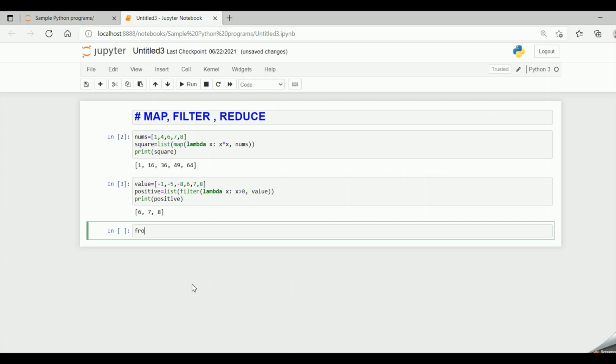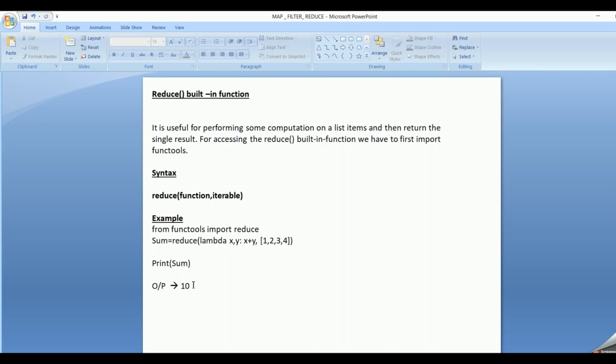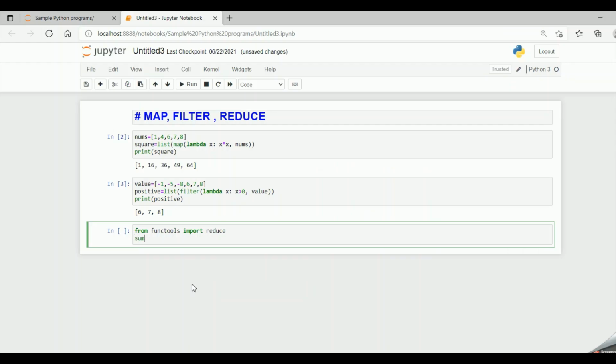So from functools import reduce. Reduce is present in functools, so we have to first import reduce from functools. And then we say sum equal to reduce. We are not specifying a list as the output because it passes out only a single value.